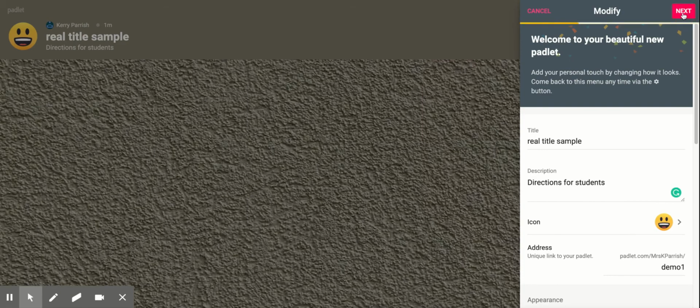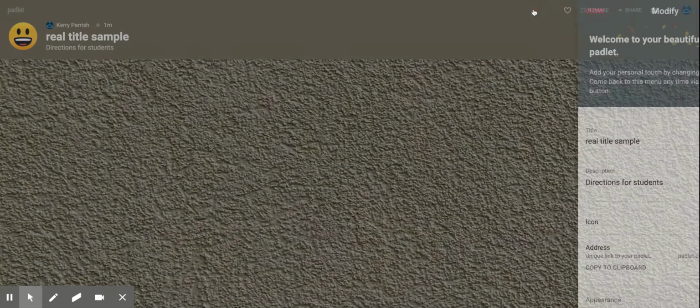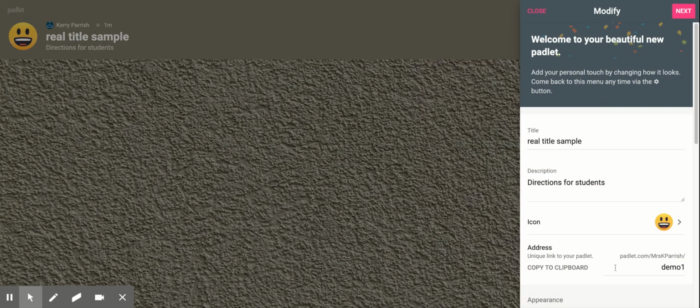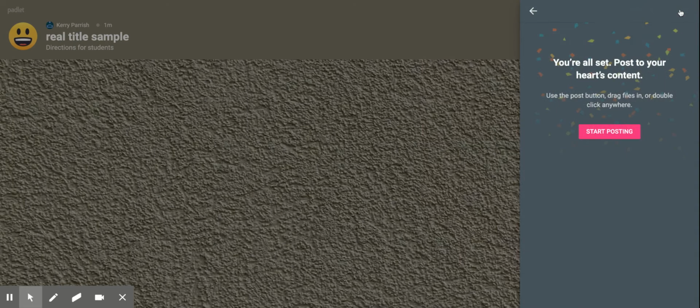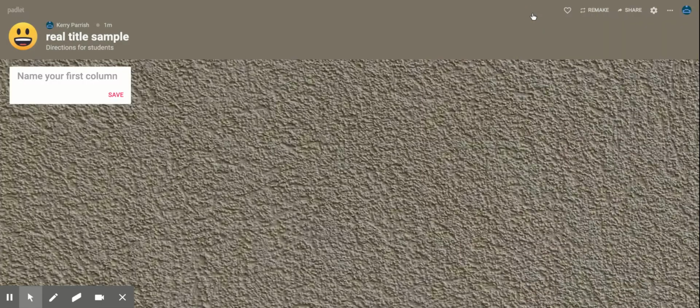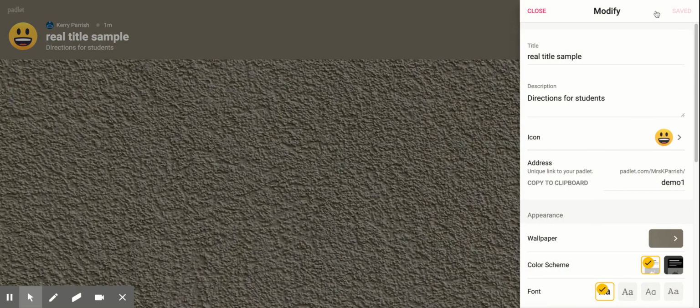I'm going to go ahead and click next so you can see what happens. Perfect. Now, if I want to send that out, I can copy that. I can link it in my LMS, and kids are going to just jump right on. One thing that's important in Padlet is if you're co-teaching with someone, you're going to go into